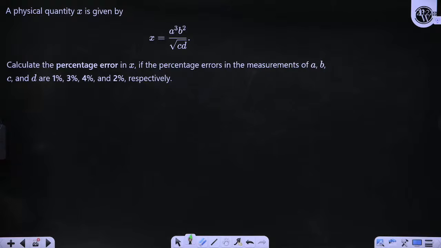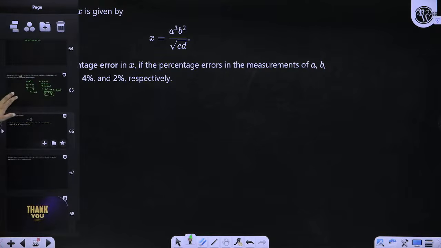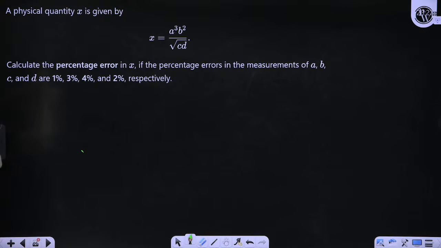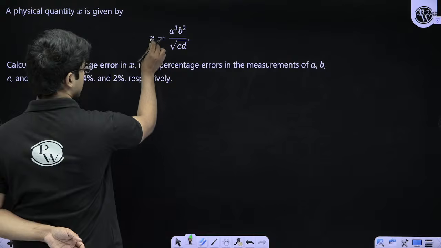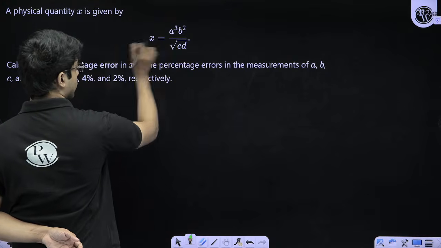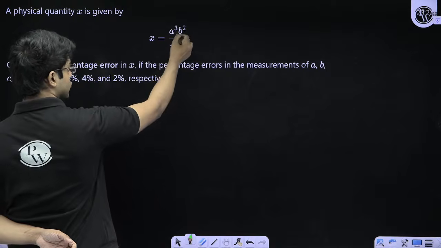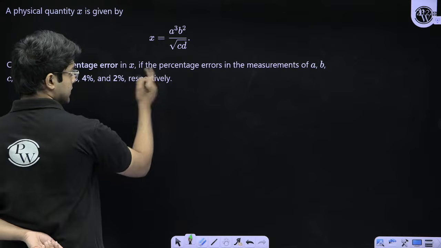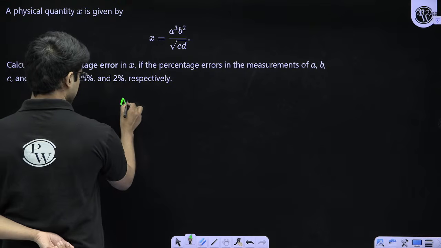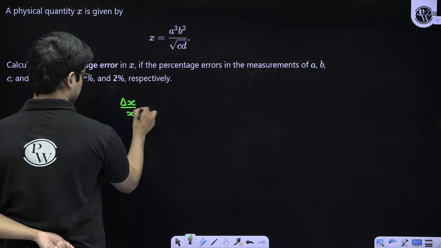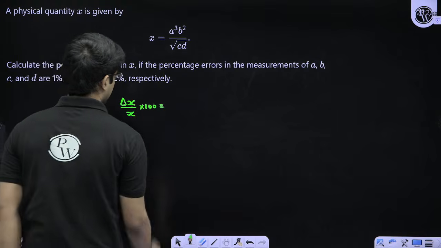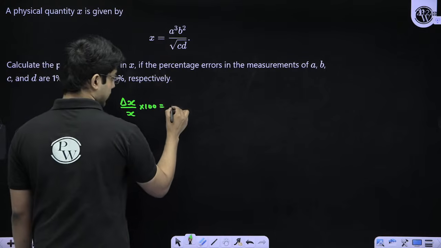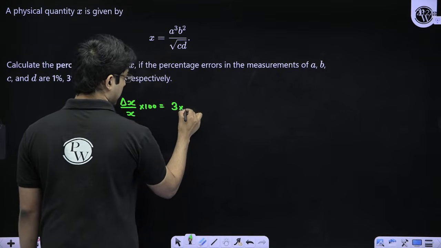And yeah, this is one of the questions that is very important. Here the idea is simple. Some x quantity is given and 4 other quantities are also given, and they are raised to some random powers. You have to find the percentage error. So firstly, write that percentage error formula. A's power is 3, so this will be 3 into percentage error of a